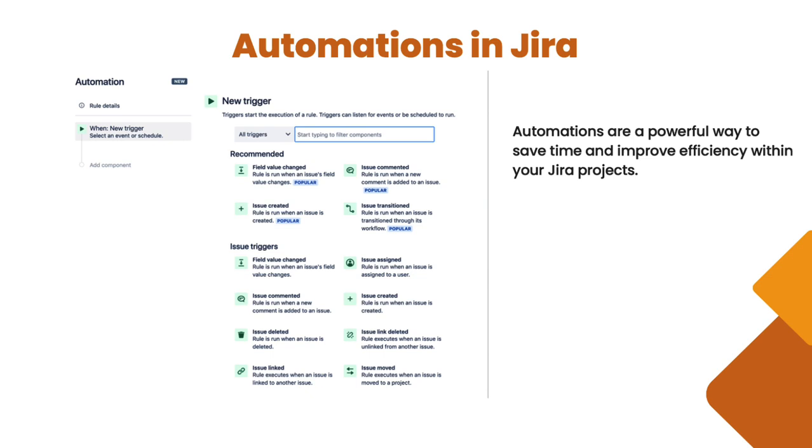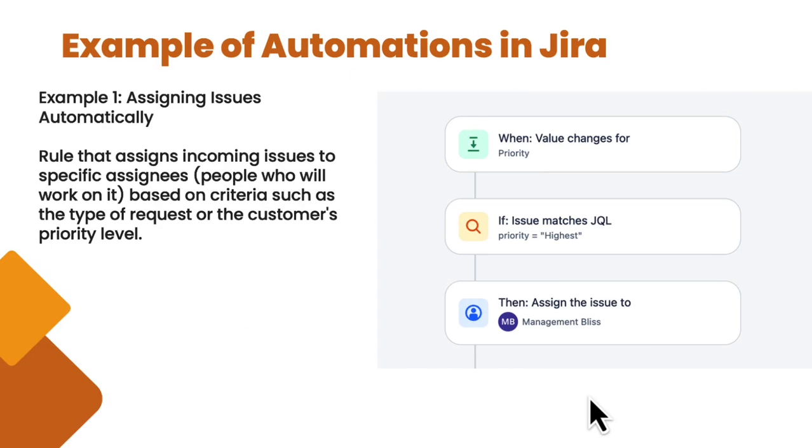These actions can range from simple tasks like sending notifications to a more complex operation like updating issue fields or transitioning issues through a workflow, etc. Let's take an example of an automation in Jira for a better understanding. Example: assigning issues automatically. Rule: with automations, you can set up a rule that assigns incoming issues to a specific